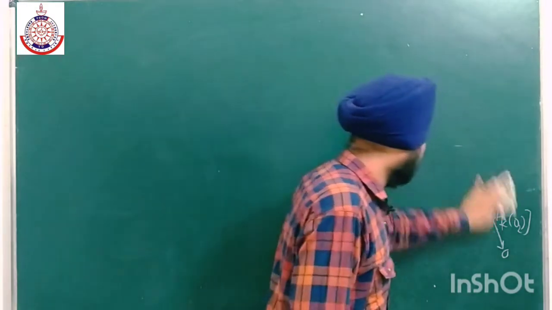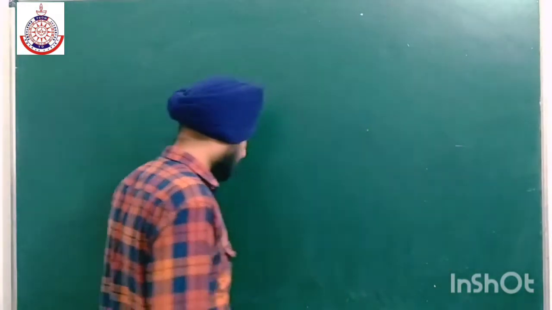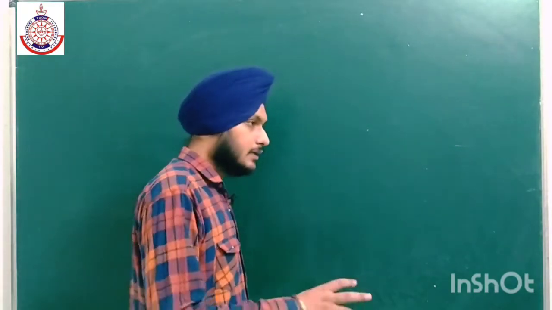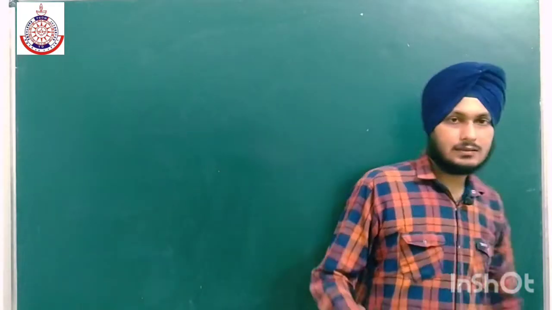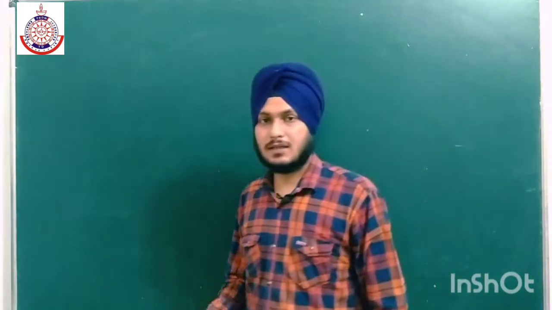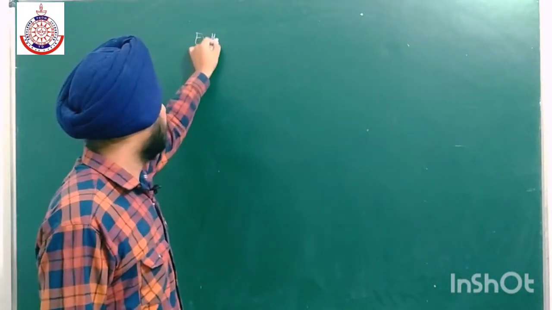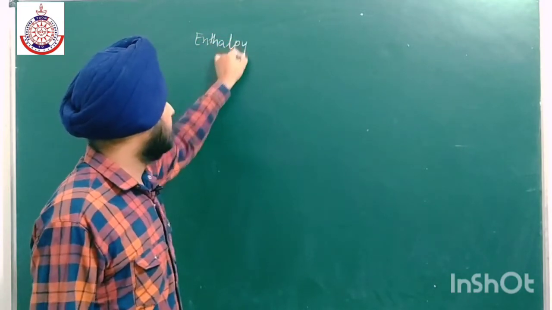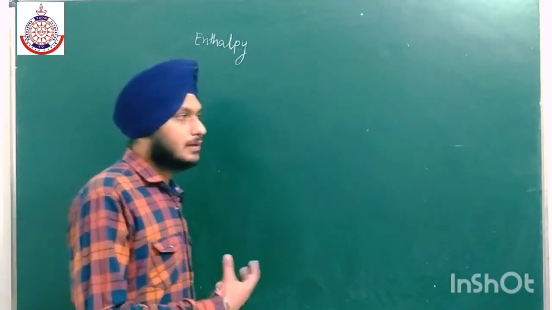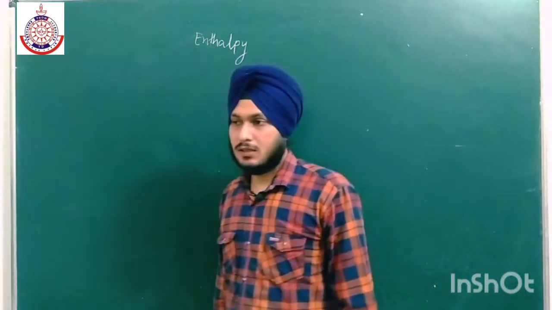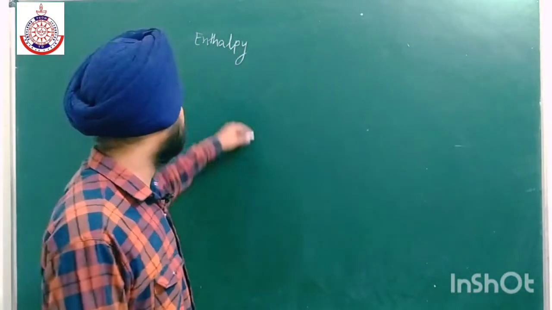Firstly we will study what is enthalpy of combustion, then we will do the numericals of these two. Then we will combine and do numericals of enthalpy of formation and enthalpy of combustion. So what is enthalpy of combustion first? These two are very important. We have to study mainly these two, and we have to do the numericals for these two only. For the others, we have just done the definitions.